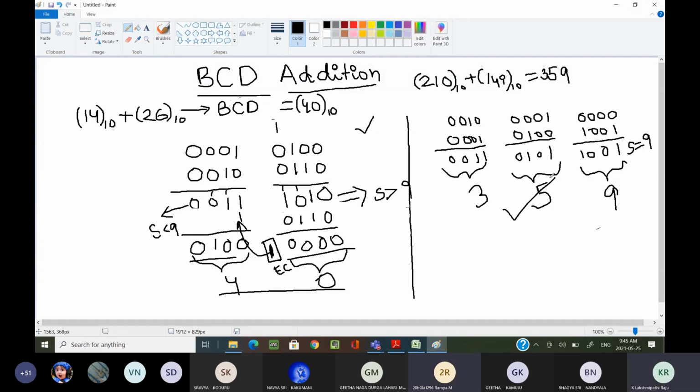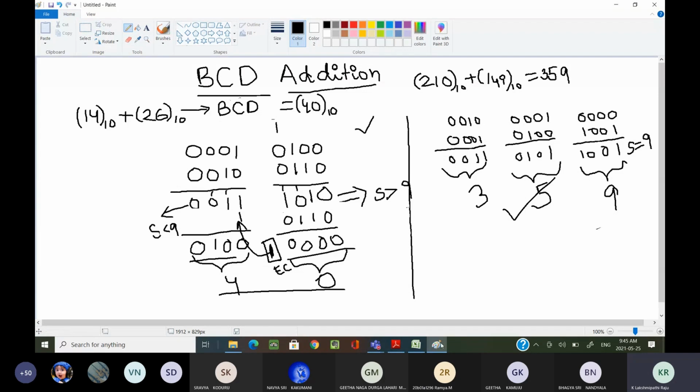Sir, if we get an end carry, what then? If the sum is greater than 9, then the same procedure, how we did in a 2-digit number. Everything is the same. If the sum is in this problem, I don't know. You only gave the numbers, I have taken random numbers only. Okay. If the sum is greater than 9, the same procedure.